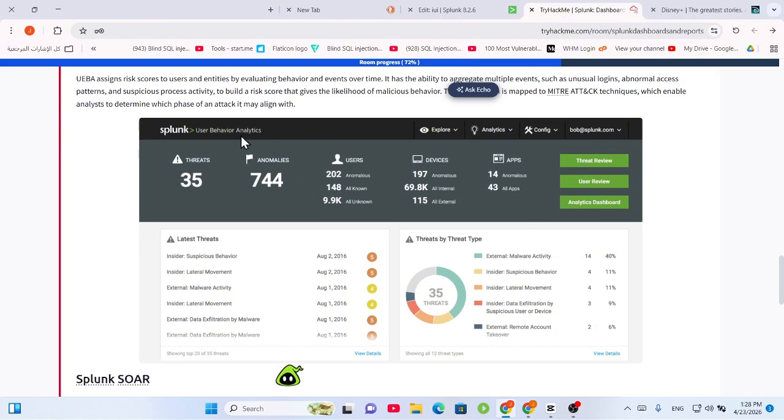It is an advanced feature available in the Enterprise Security paid platform, assigning a risk score to users and entities by evaluating behavior, with the ability to integrate multiple unusual, abnormal events. The information is also mapped to MITRE ATT&CK, which enables analysts to determine